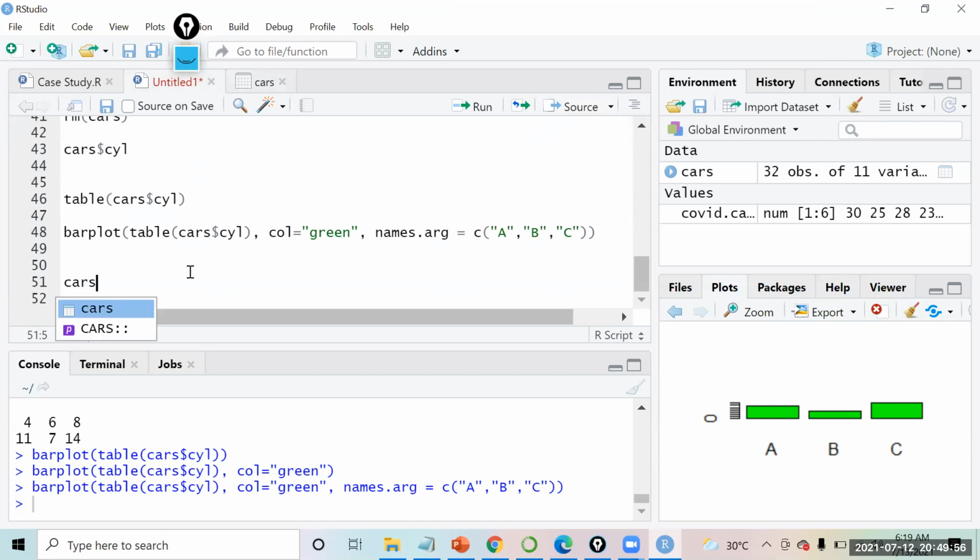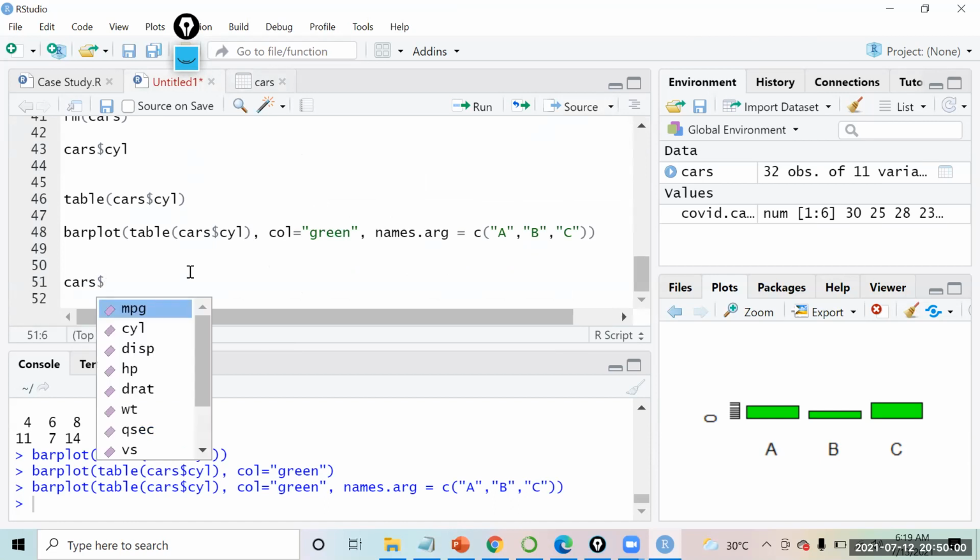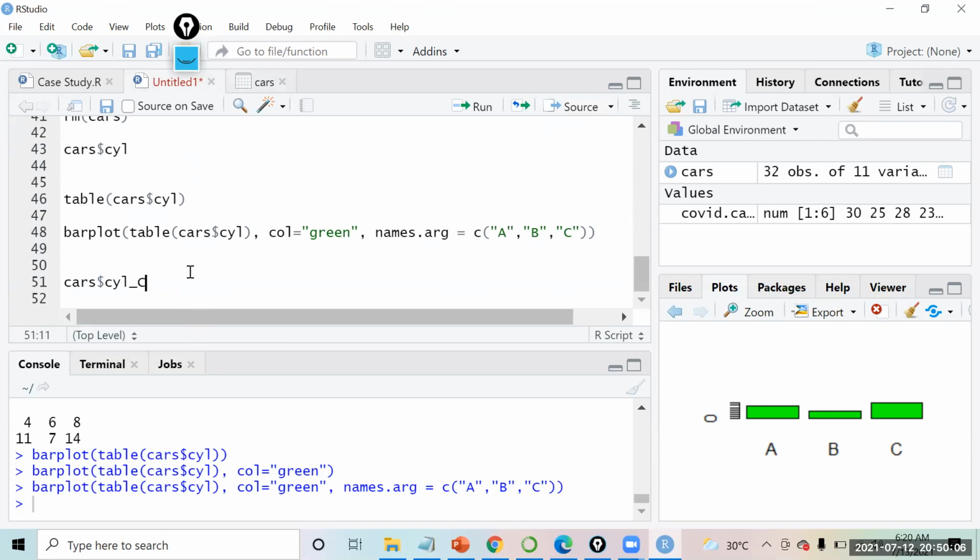So this is the data set that we have. If I say cars dollar, suppose I want to create this cylinder copy. What I can do is use the paste function over here.